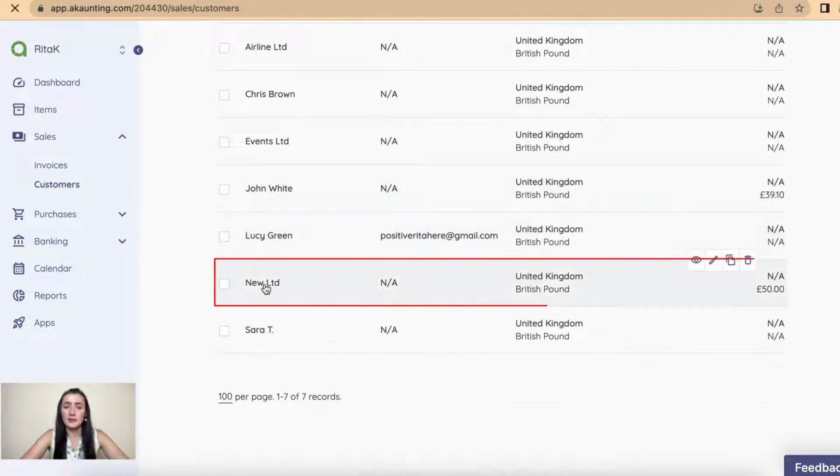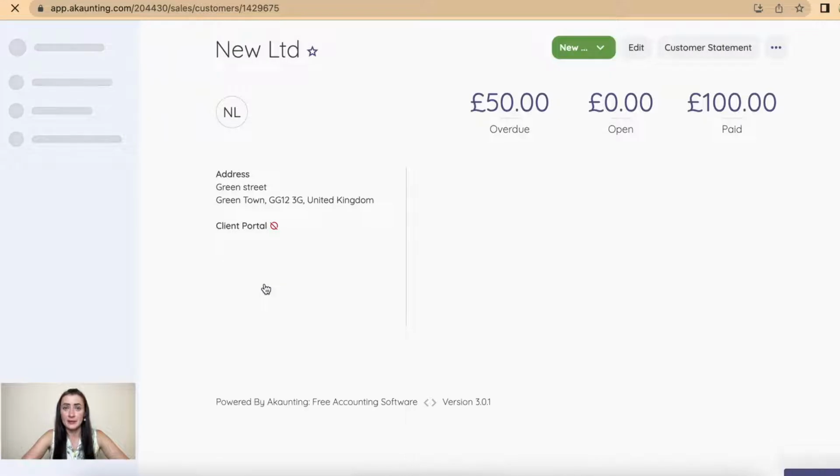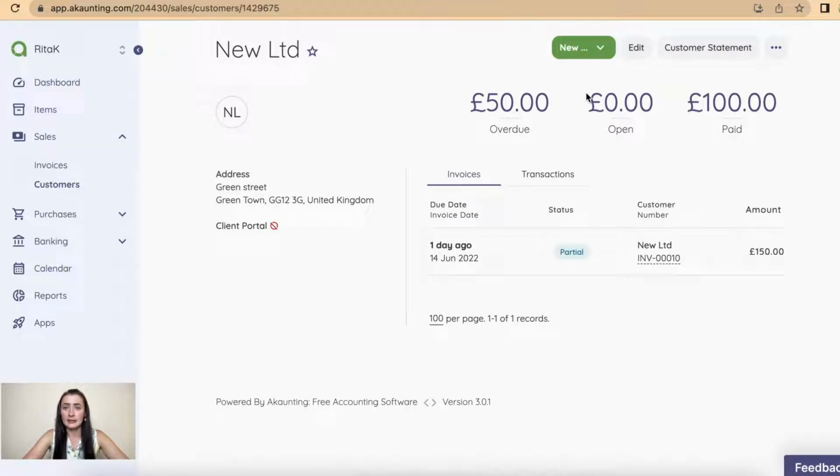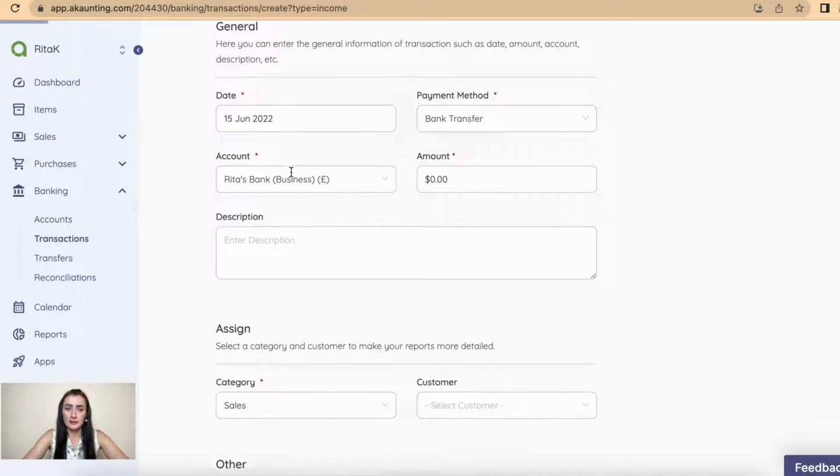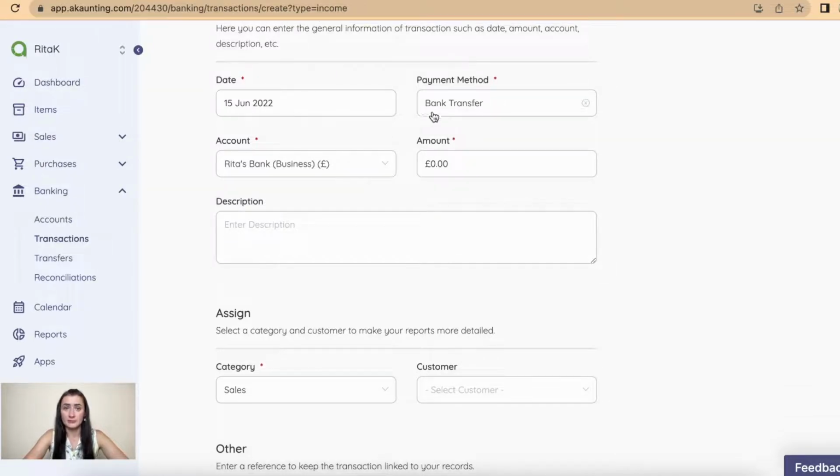Click on the customer from which you have received a payment, and at the top from the drop-down list select income. Choose date, choose payment method, select an account in which money has been received, enter an amount, for example I have received £250,